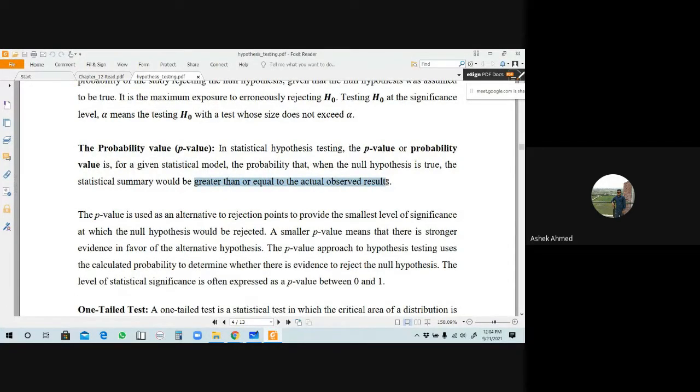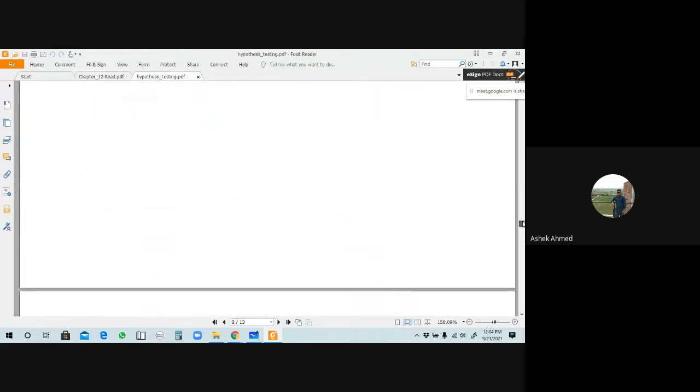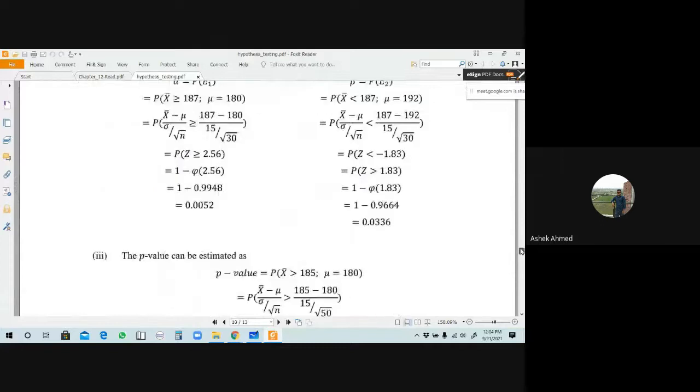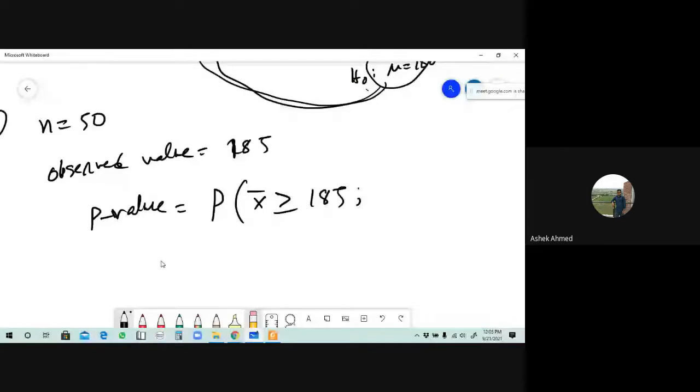Here the average lifetime is given, so the p value will be the probability of x bar greater than or equal to the actual observed value, that is 185 days. But in that case, the null hypothesis is true here. The value of the null hypothesis is here, 187, okay, so we will apply